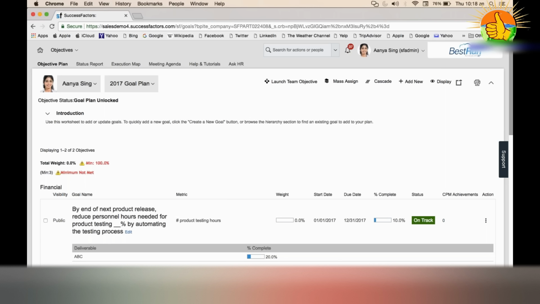So this appraisal is nothing but whatever work you have done for the year, you are going to be rated for that. So in order to carry out your appraisal, your company would give you a set of objectives that you will have to work on for